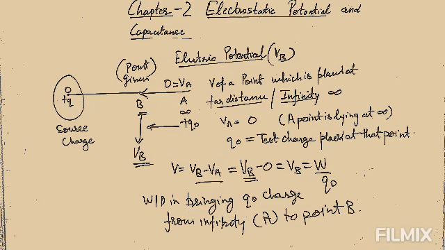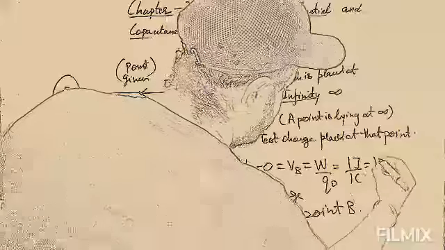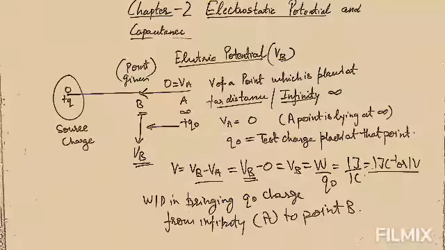Similarly, the units are the same. Electric potential is also 1 joule per coulomb, or you can say 1 volt. The units are the same, but the concept is different. If one of the points is taken to infinity, then it is electric potential, not between 2 points, because when the point is taken to infinite or far distance, its potential becomes 0. So here it is the concept of electric potential. The previous concept was of potential difference.